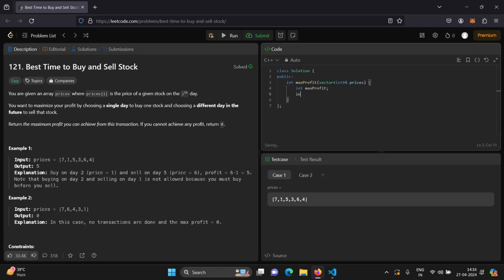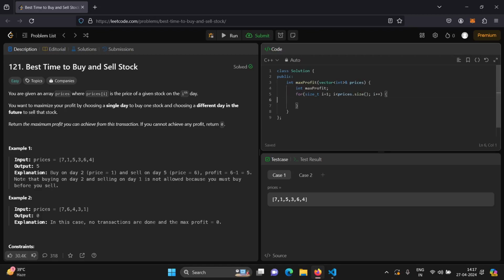Okay. Then what we are going to do is loop for auto &p prices. Okay, for each price, what am I going to do is I have to do a p minus 1. So I can't use this, correct? What I will be doing is size_t i equal to 1, i less than prices.size()